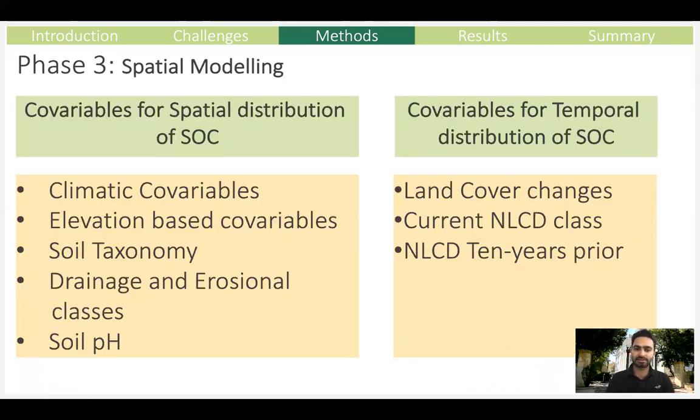For the actual modeling part, which is the third phase of the research, we are considering two types of covariables, one which shows the spatial distribution of soil organic carbon, and the other which shows the temporal distribution. This is the point where our research has an edge over other spatial studies, because we are considering the temporal aspect of distribution, which other studies do not consider. And this gives us a leverage that we can make